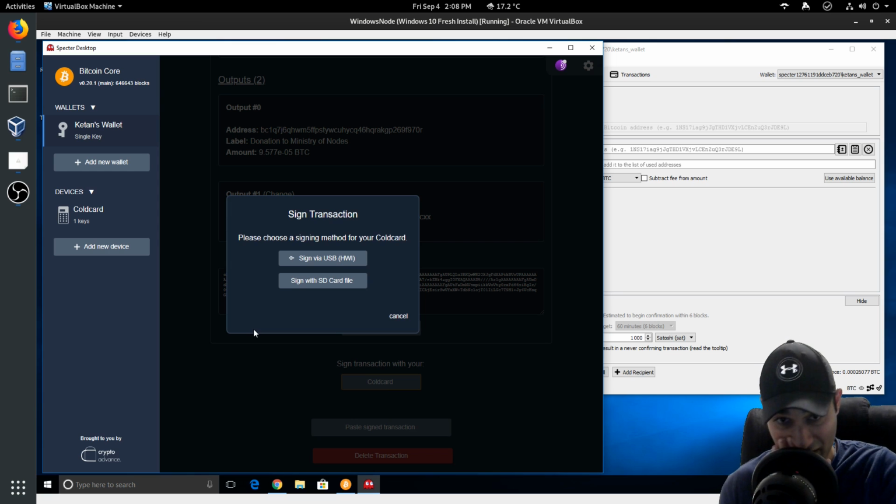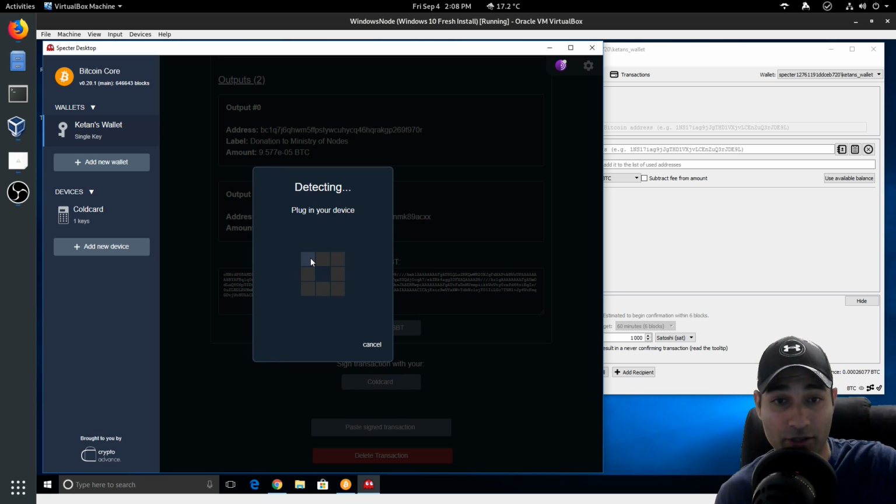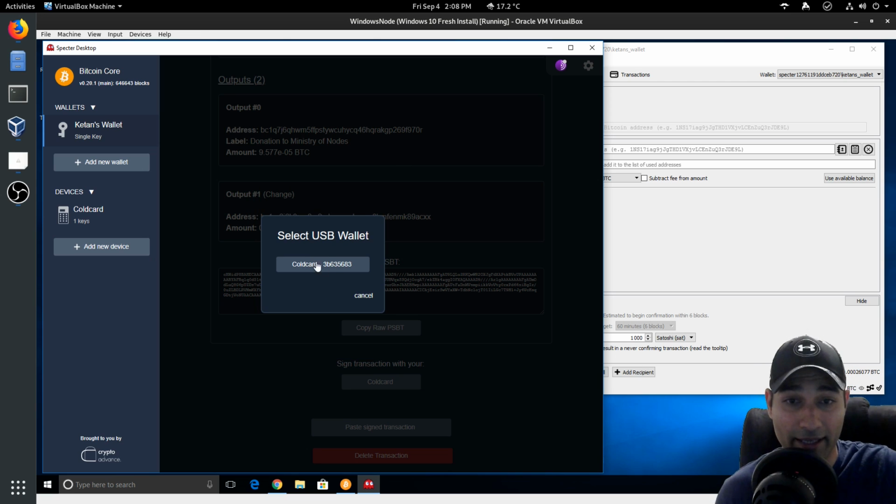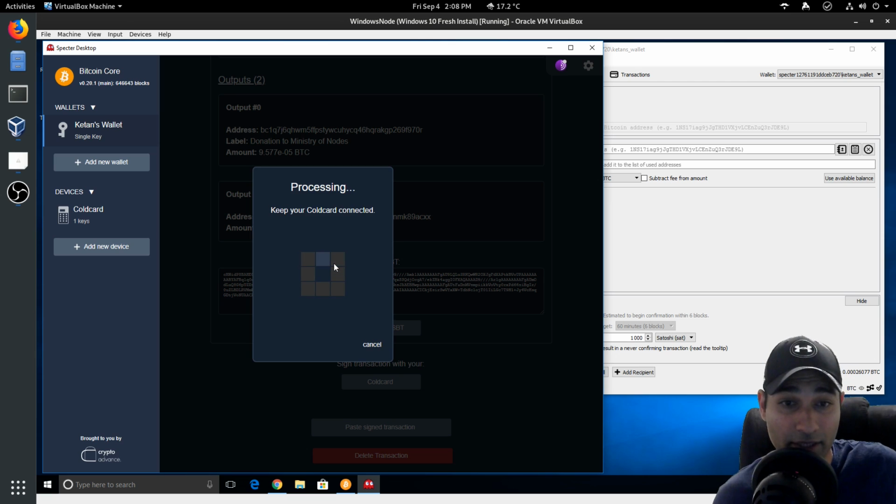Now you've got two options with your Coldcard. You can sign it via USB by directly plugging your USB cable in, or you can sign using an SD card. And so that would mean that you are using the air-gapped method. I'll show you both. So this is the sign via USB. So we plug in your device, and it'll say select USB wallet. So there's the Coldcard that I need to select,